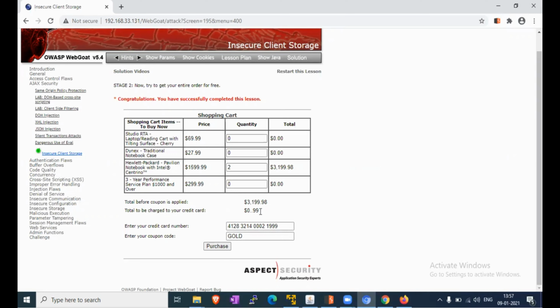Due to the lack of server side checking of both the coupon code and the grand total amount prior to charging the credit card, this is one type of vulnerability. This type of vulnerability has to be tested by a web pen tester.